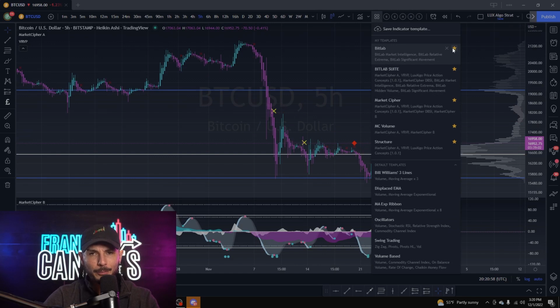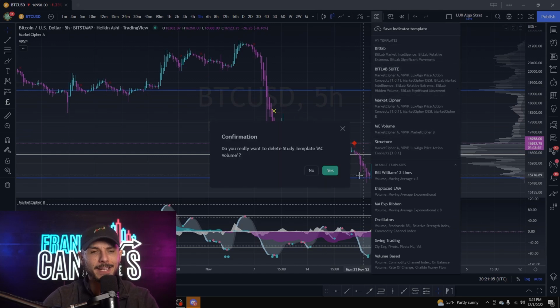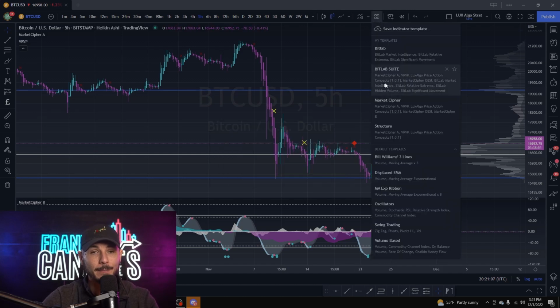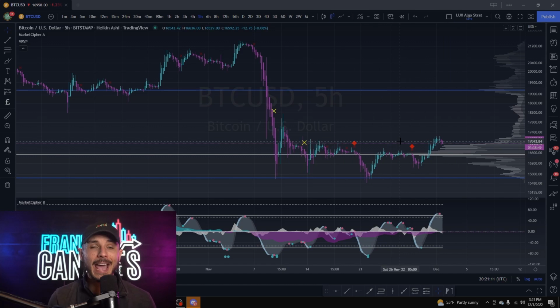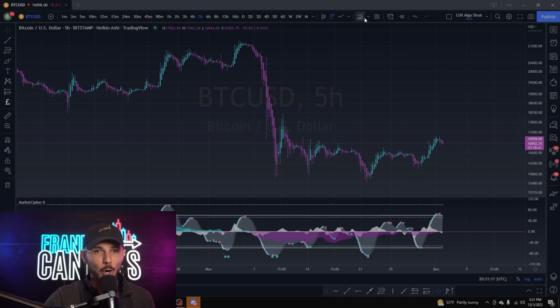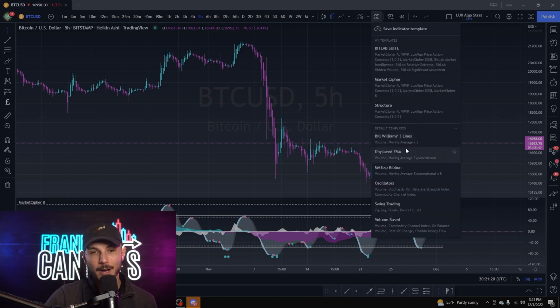Now I'm going to come through, I'm going to uncheck all these, and I'm actually going to delete the templates that we just made, because I actually already have some pre-made templates, and I'm going to show you guys exactly how I have my templates set up and why exactly I set them up that way. Now we're sitting at a naked chart here, and I want to break down how I set up my indicator